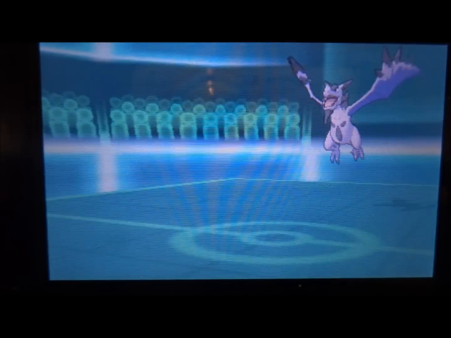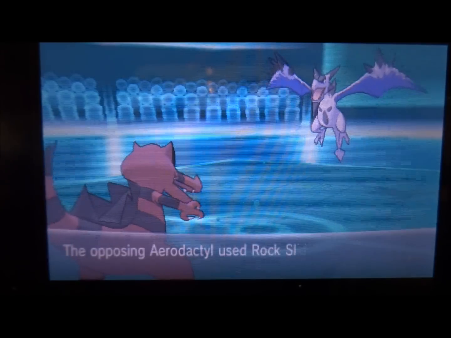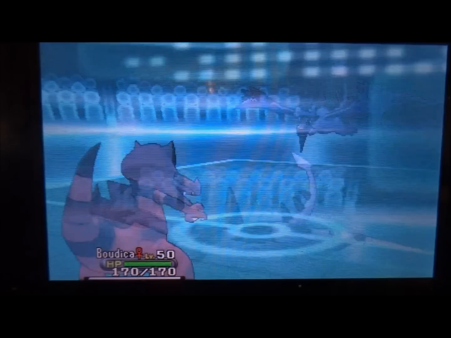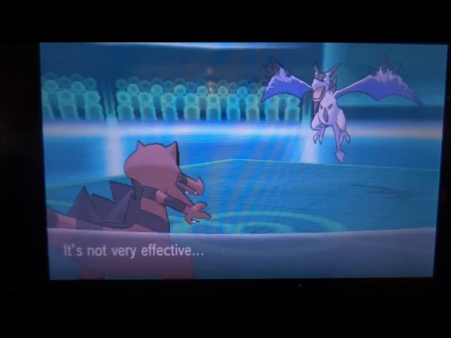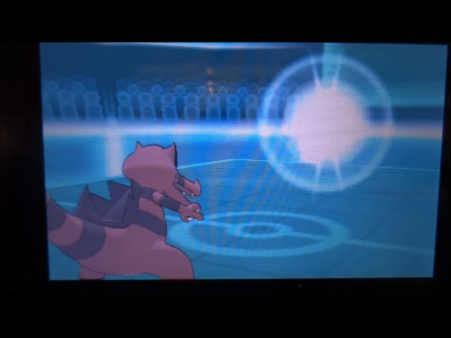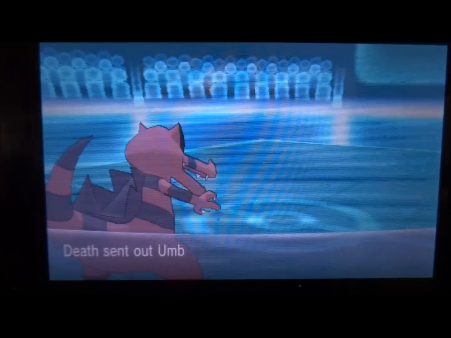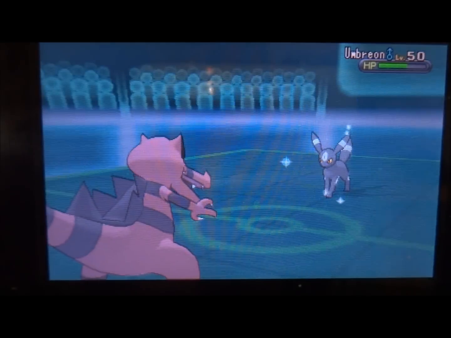I don't want my Crobat going down right this second, so I end up going into my Crocodile just because, well, for this reason, because he was going to use Rock Slide, and I didn't really want my Crobat taking that. I thought my Crocodile was going to take it pretty good. Now, the reason why I did so much is because it was a crit. Now, he ends up withdrawing, and he goes out into his Umbreon, which is, well, kind of sucky for me,